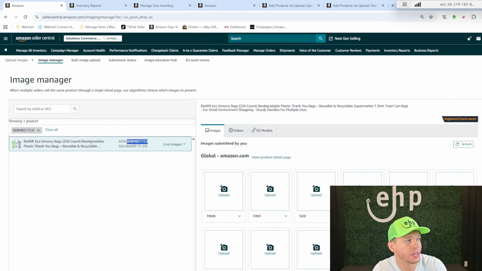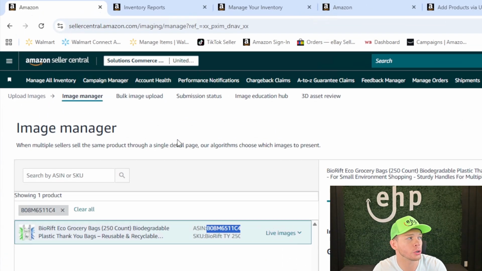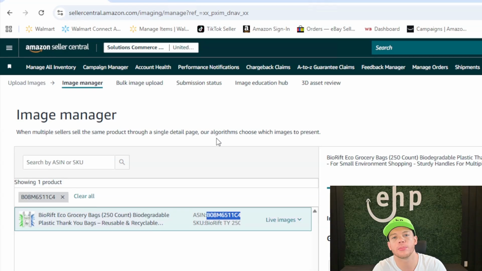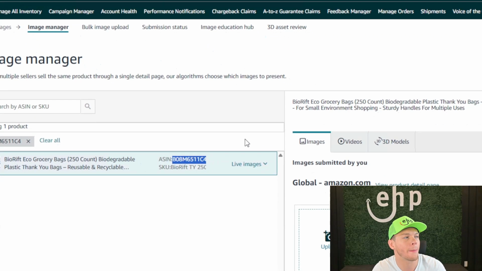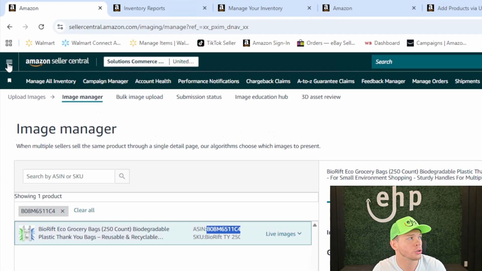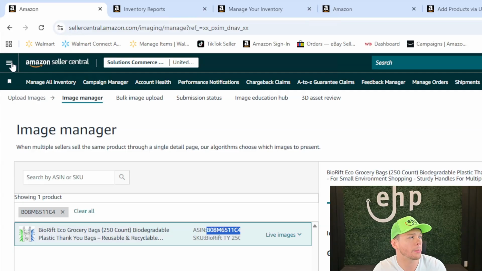If your new images aren't showing, there are a few methods to get Amazon to finally approve them. Method number one is using your image manager. This one usually works a lot better than edit the listing. So you're just going to go here in the top left corner, and then there's going to be a catalog